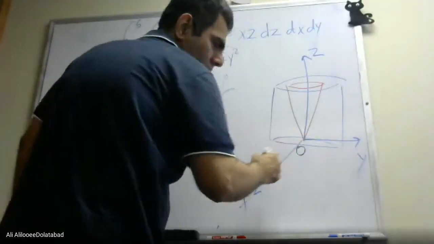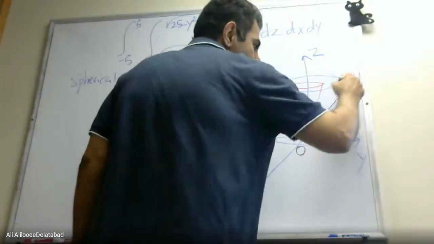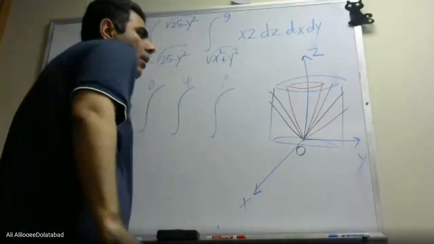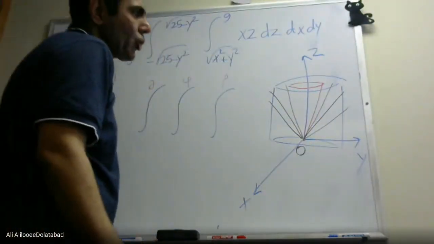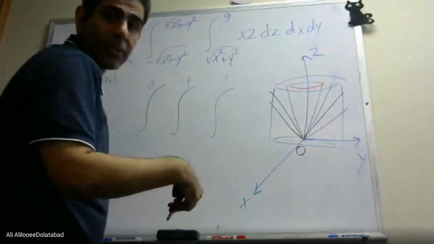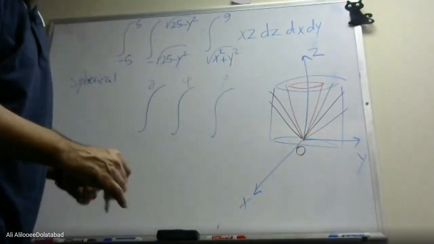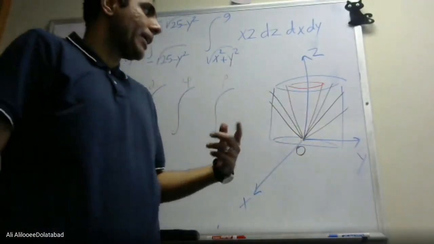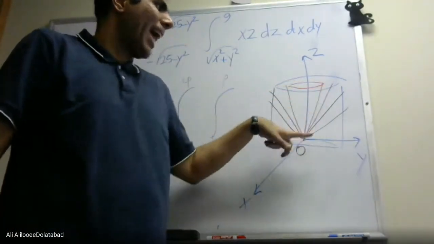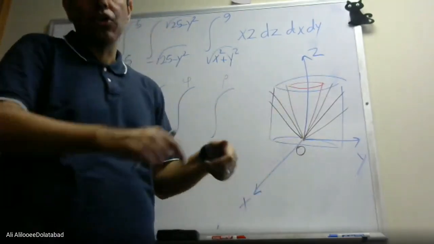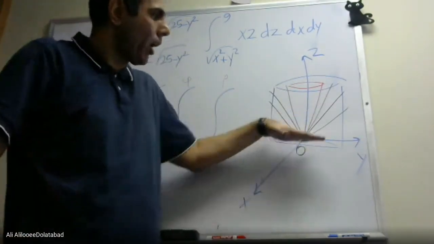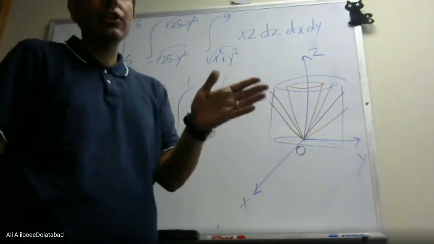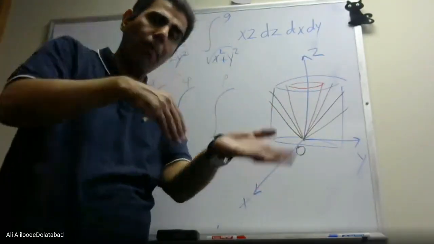So what is phi? This is the origin. We draw lines which pass through the origin. Phi is the range of the angle between these black lines and the z-axis. Phi here is an angle between black lines and the z-axis, because you can draw lots of black lines which belong to this solid. Then you can have a range for phi.